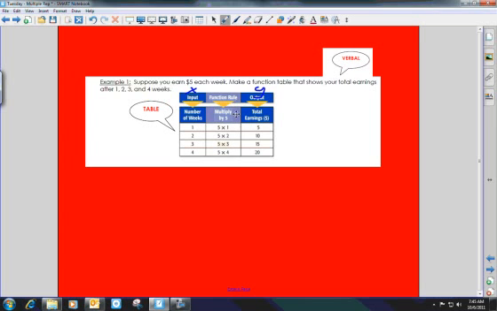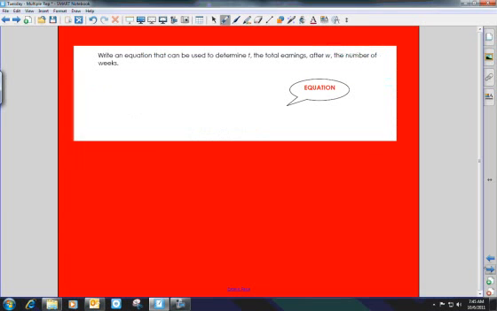Once we've taken our verbal and made a table, we can write an equation or a rule that would be used to determine the total earnings after W, the number of weeks. So for our equation, we can use the variables that are given to us. T is the total earnings, and W is the number of weeks. So T equals total earnings. I'm defining my variables here. W equals number of weeks. Okay, and then my equation,